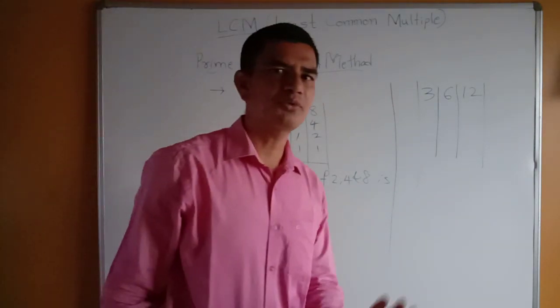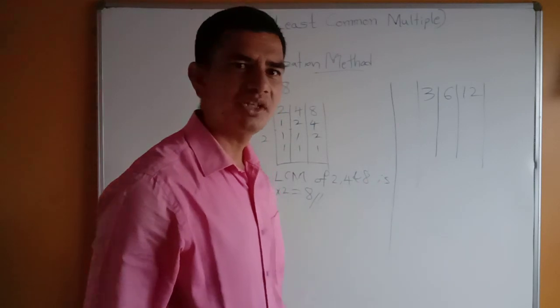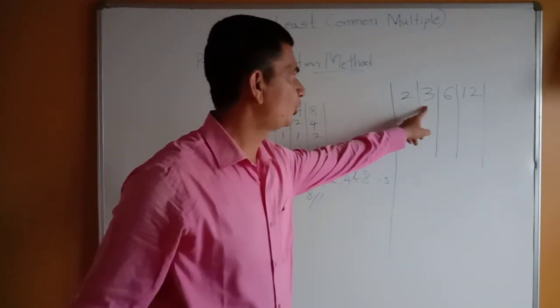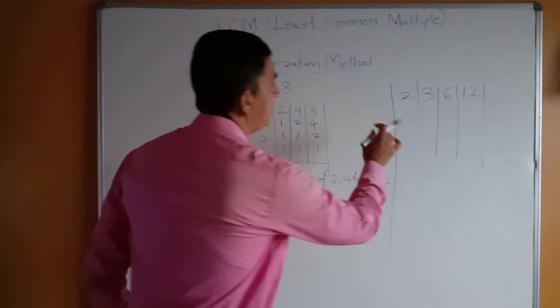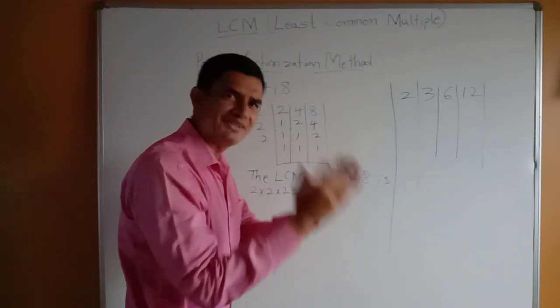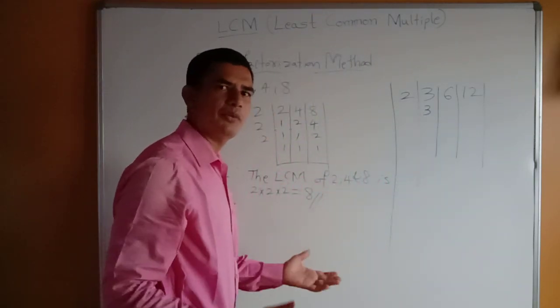Already I told you, we have to take the factor numbers and start from the least number. So which is the least number? 2. Okay. In the 2 table, is there 3? No. So if 3 is not there in the 2 table, what can we do? We have to write it as it is, 3, because we can't divide that.